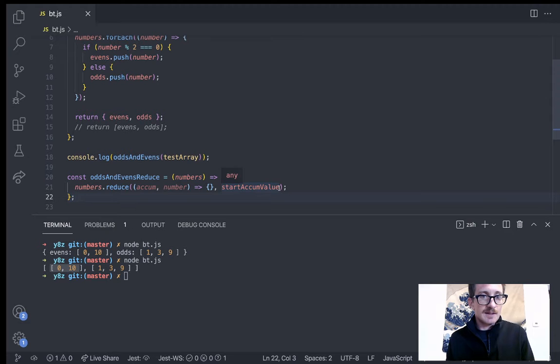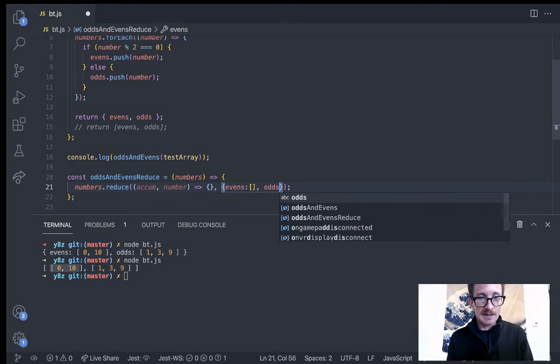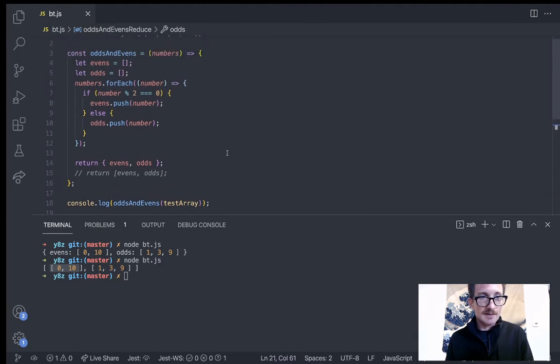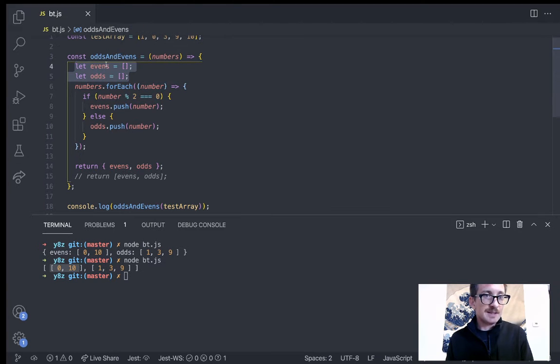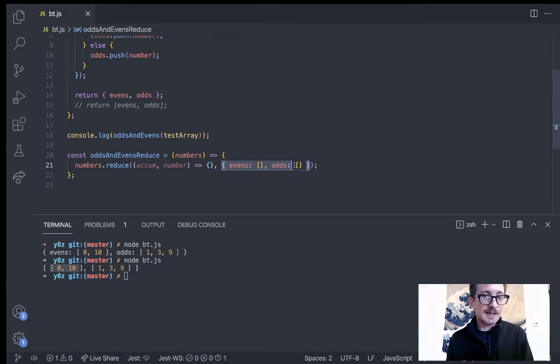So with this, if I was returning this the same way as an object, the starting value for my accumulator, I'd want this to be the object with an evens array. That's going to be an empty array, and then an odds empty array. Kind of like I did right up here. I created these two arrays, and then I returned them. But here I'm creating them in the object, and that's my default value for my accumulator. And remember, the reduce function, whatever this function inside of here returns is going to be the new accumulator for